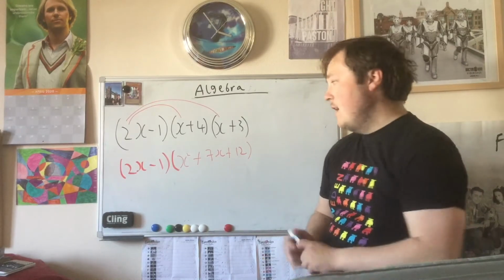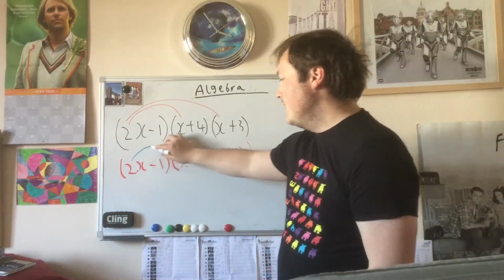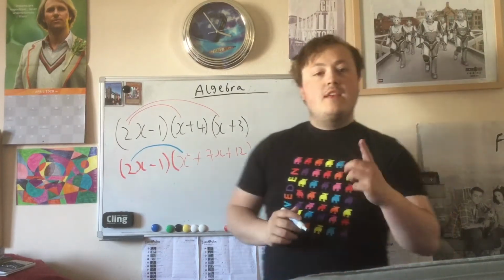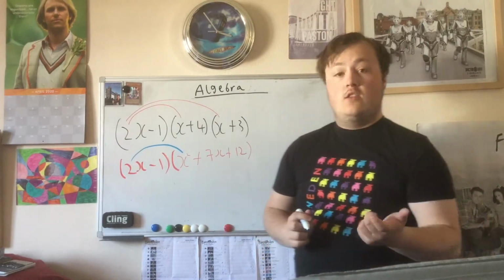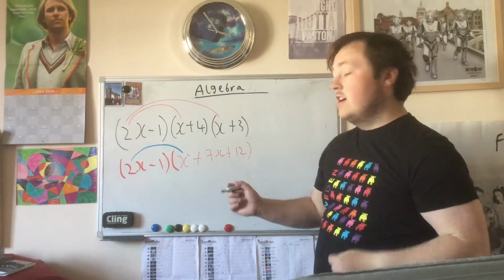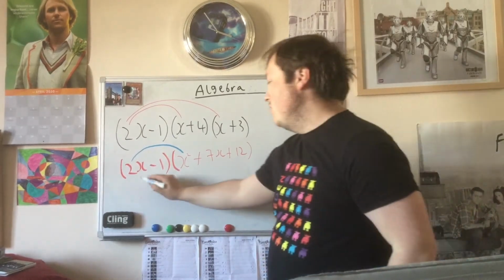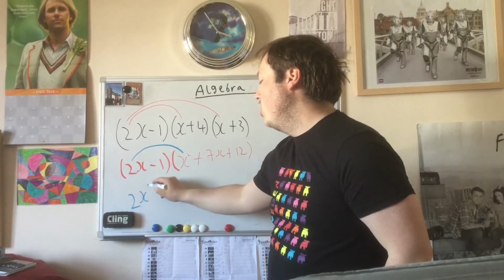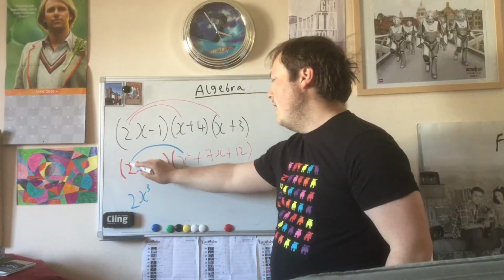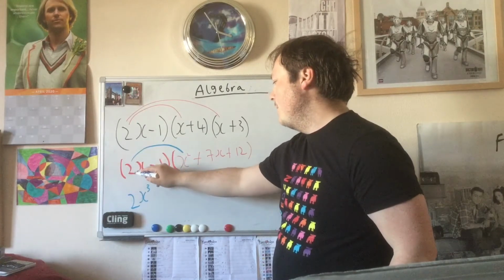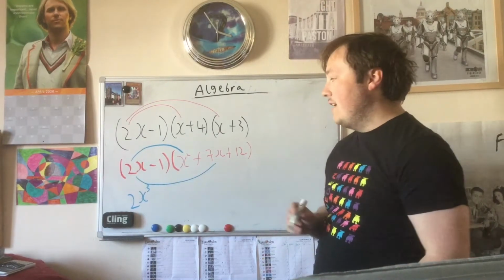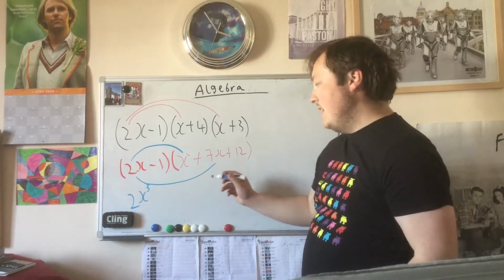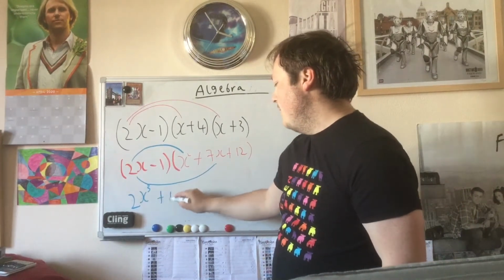So let's do it. Let's now multiply our 2x by each of these. So 2x times x squared. Now this won't be a squared answer, this would be a cubed because it's to the power of 3. So 2x times x squared would be 2x cubed. Now let's multiply our 2x by our 7x. So what's 2 times 7? 14. X times x is x squared, so it's plus 14x